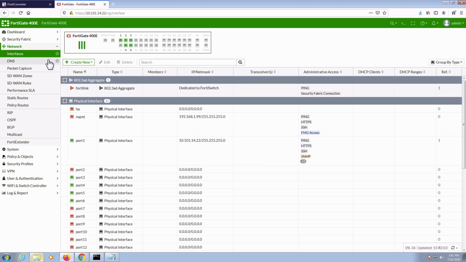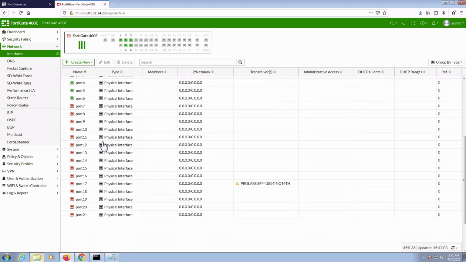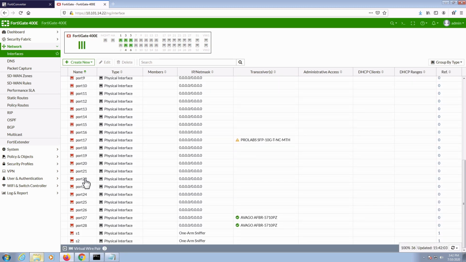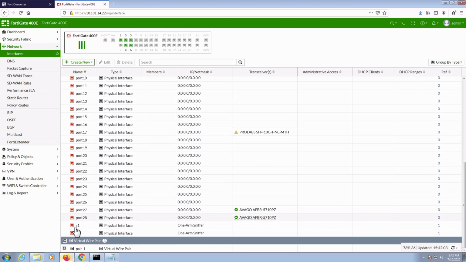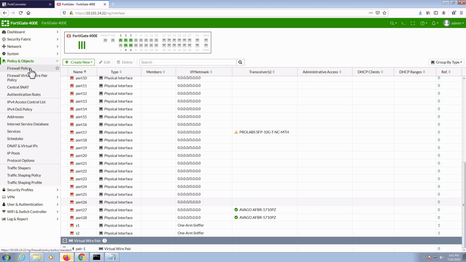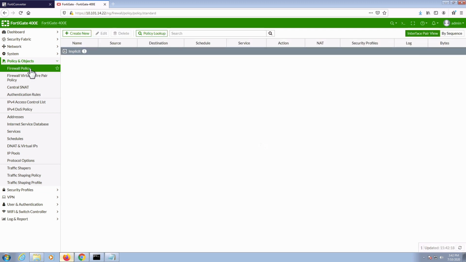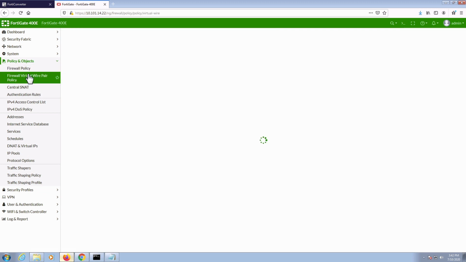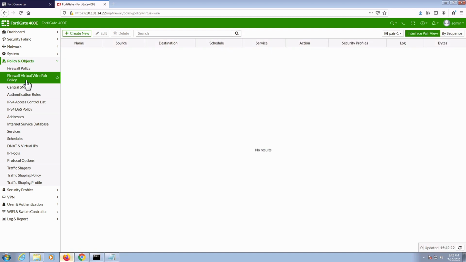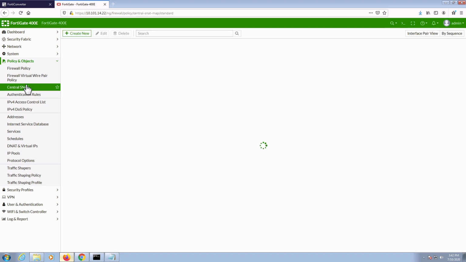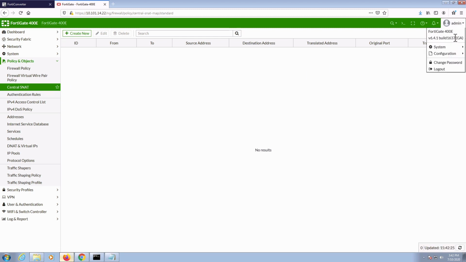I have reset the FortiGate 400E to factory default settings except the management interface and default route. Let's verify other tabs as well to make sure no config is present on the FortiGate. Fortinet recommends importing individual config files one by one to make sure that the import process goes smoothly. We can import these config files using the Scripts option under the Configuration tab.